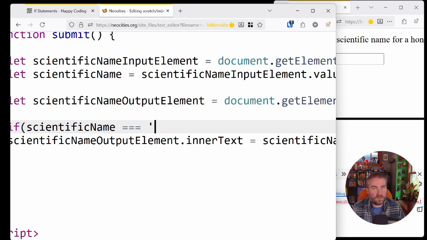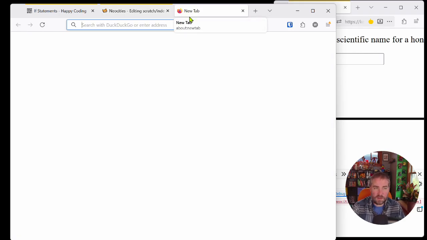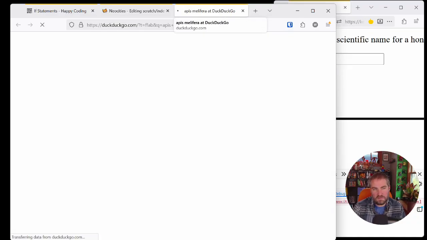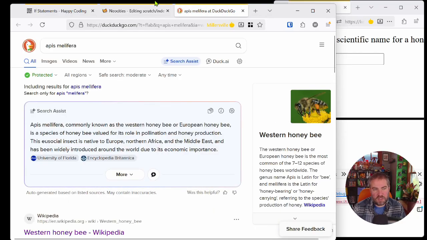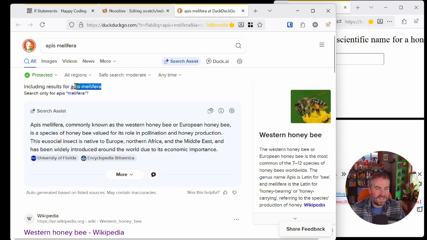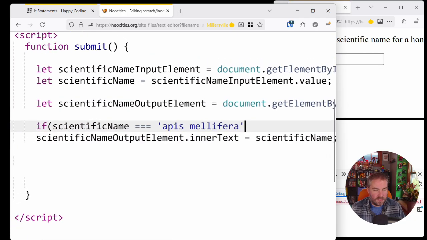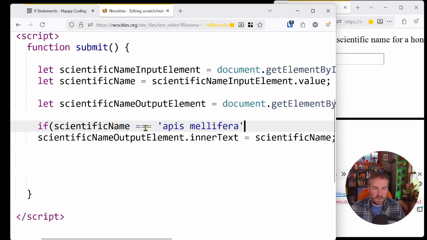And now I have to go look up what the scientific name for a honeybee is. I know it's Apis mellifera. I have no idea how to spell it though. Apis mellifera. Sure, 2 L's, I guess. I'll copy paste. And sure. So I'm inside of my if statement here. So if scientific name is equal to the text Apis mellifera, so close my parenthesis, open up a curly brace,